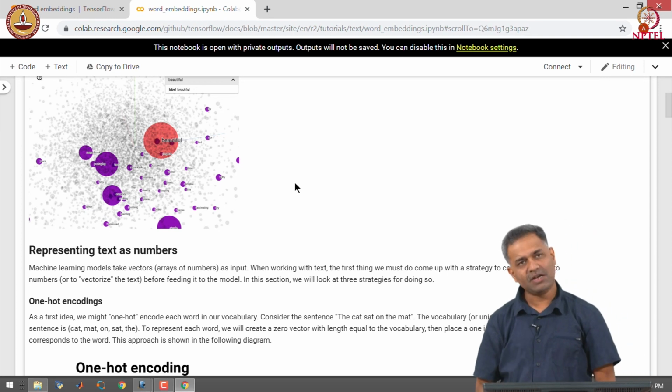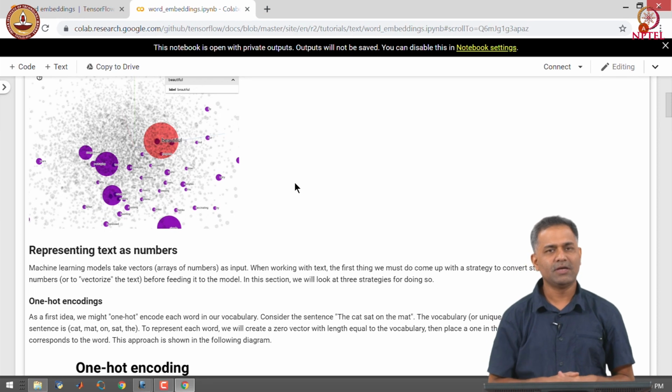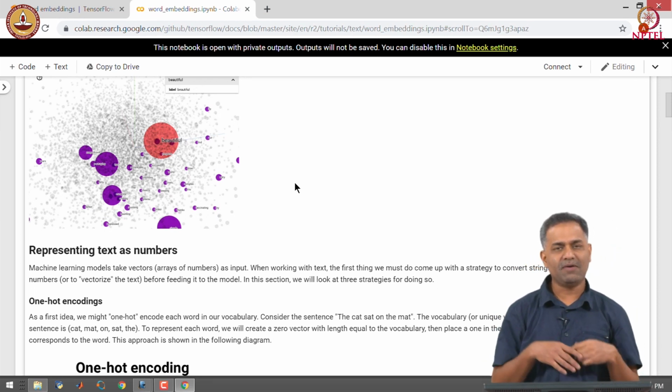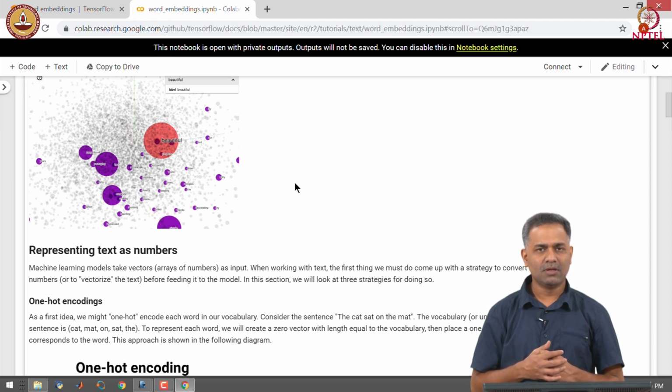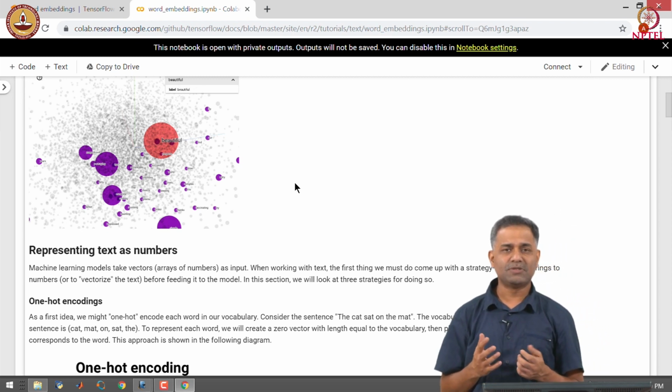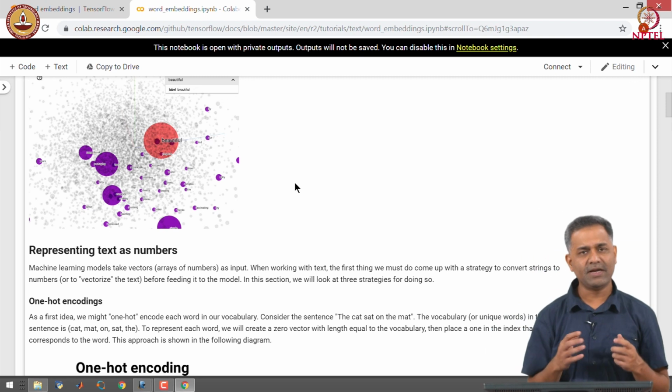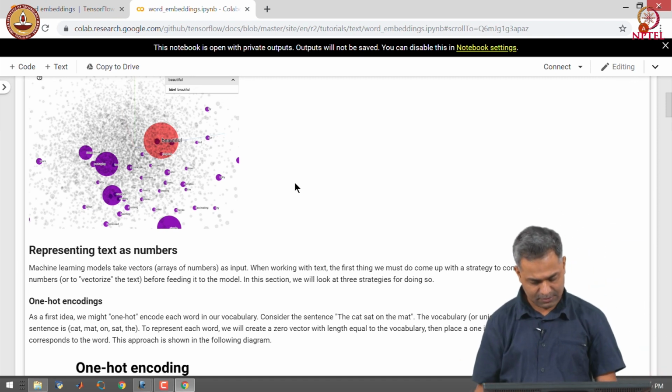As we discussed earlier, we cannot use text content as it is and we need to convert the text into numbers. There are different schemes that are available for converting text into numbers.